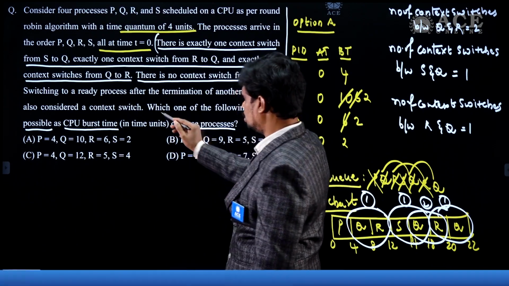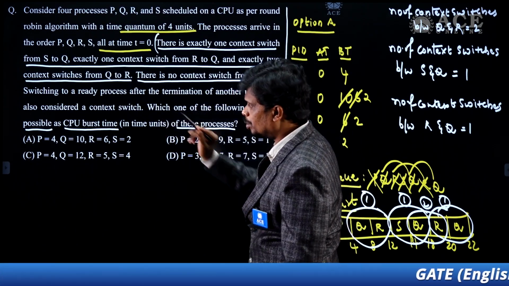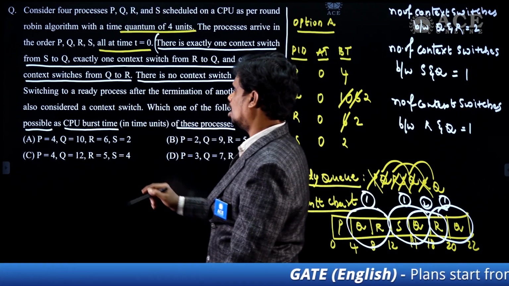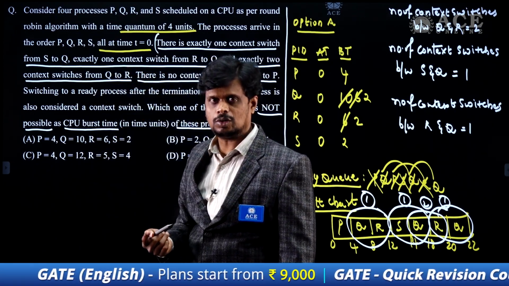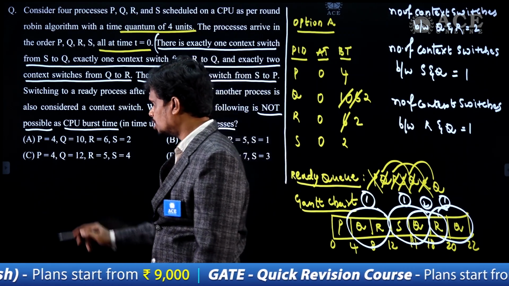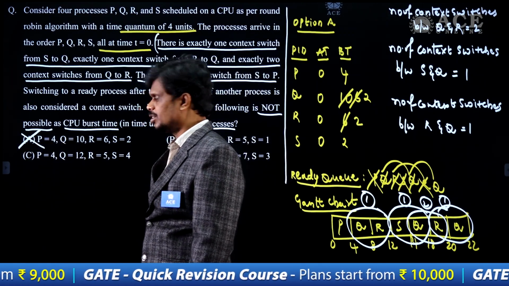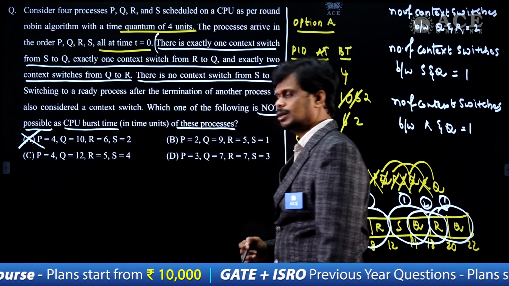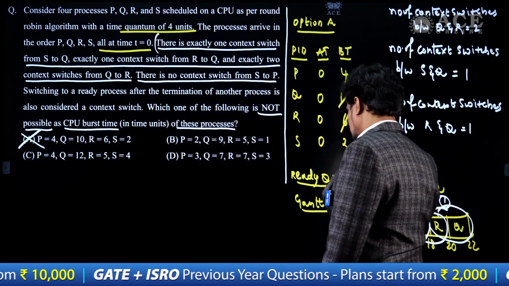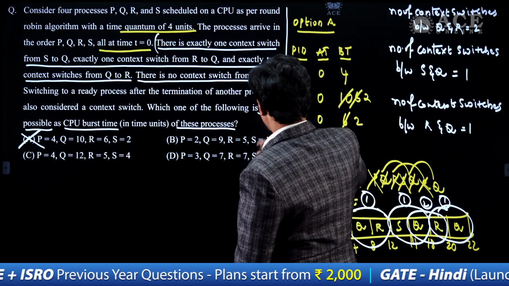But it is mentioned that we have to consider which one of the following is not possible. But with option A, all these specified context switches and the corresponding counts are possible. So hence option A is not an answer for this question because it is possible. Then we are moving to option B. So what is this option B? Have a look. So now coming to option B,